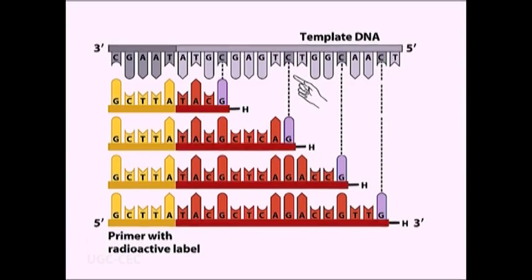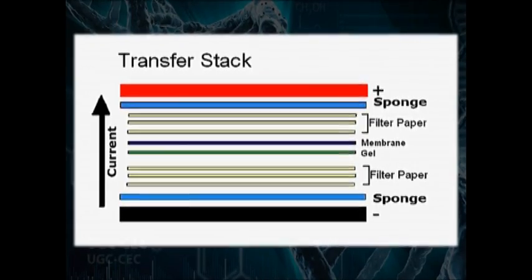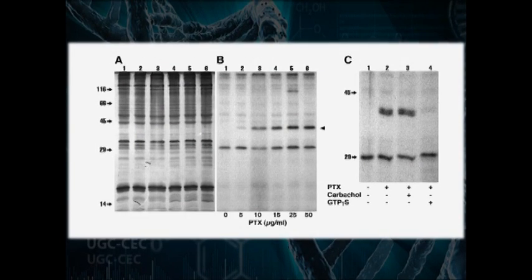Since there is no free OH group to take part in bond formation, this reaction is performed 4 times using a different ddNTP for each reaction. When these reactions are completed, a polyacrylamide gel electrophoresis, that is PAGE, is carried out. One reaction is loaded into one lane, for a total of 4 lanes. The gel is transferred to a nitrocellulose filter and autoradiography is performed so that only the bands with the radioactive label on the 5' end will appear.